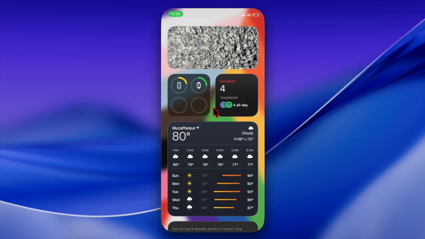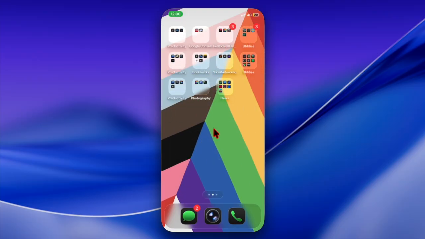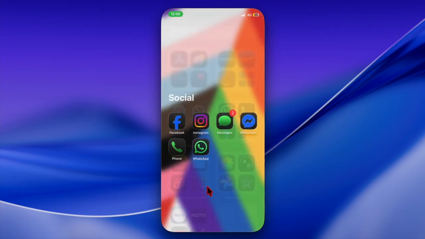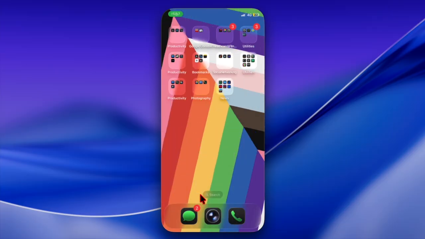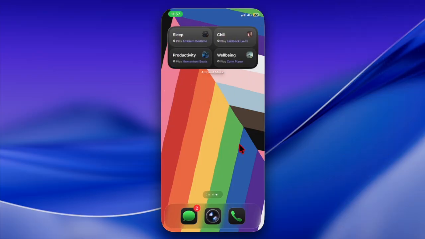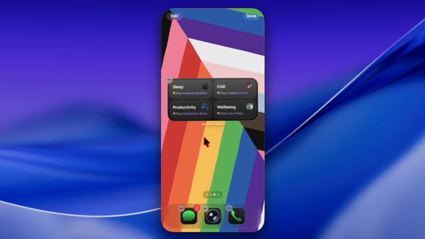From now on, you can play the preferred ambient music by just tapping on the widget section. So cool, isn't it? With quick access from the home screen, playing ambient sounds on your iPhone becomes pretty effortless and distraction free. Once set up, you can start or stop soothing audio anytime without digging through the settings app. It's a simple yet powerful feature that turns your iPhone into a personal relaxation companion whenever you need a moment of calm. Now that you've unlocked this pretty helpful feature,